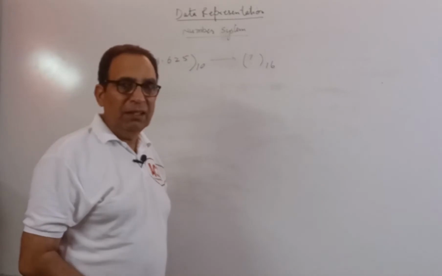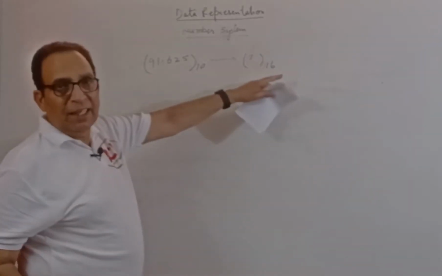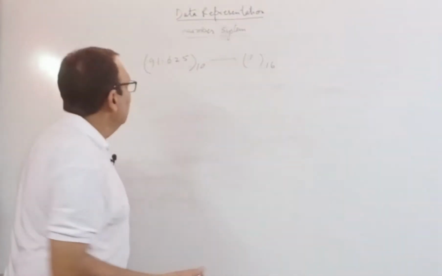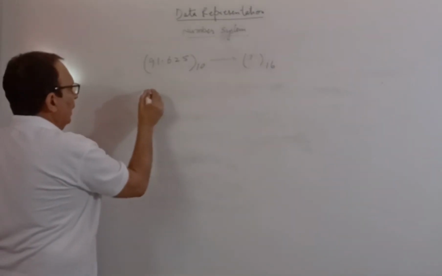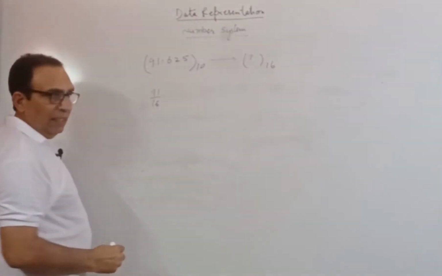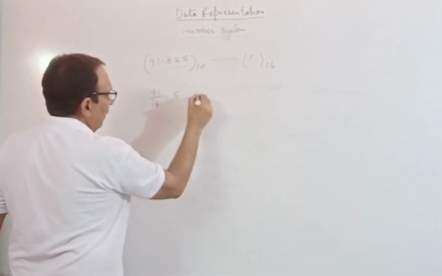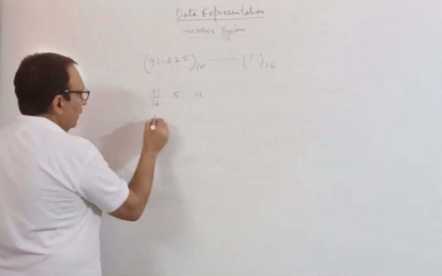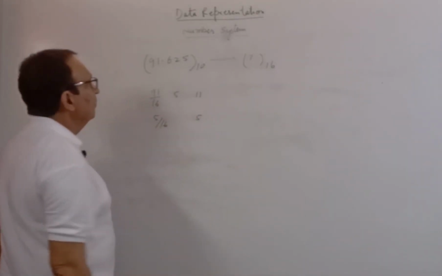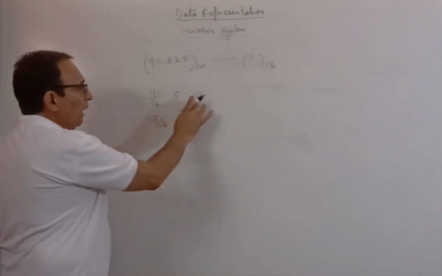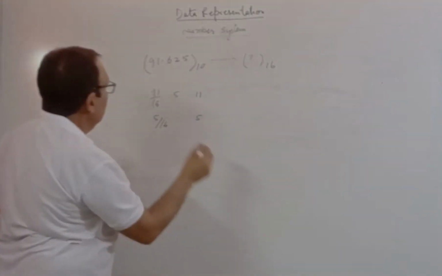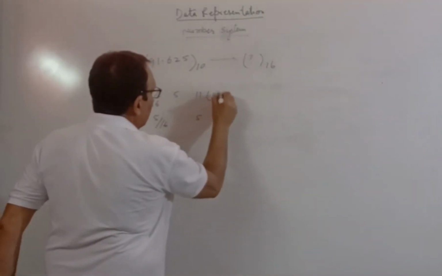Let us learn the conversion from decimal to hexadecimal. We take the number 91.625 base 10. So what you do, take the part which is before the decimal, that is 91, divide by 16. 16 fives are 80, so 5 is the quotient and the remainder is 11. 5 cannot be divided by 16, so 5 is taken as 5. You know 11 is represented by B in the case of a hexadecimal number. So in place of this one we'll write B.